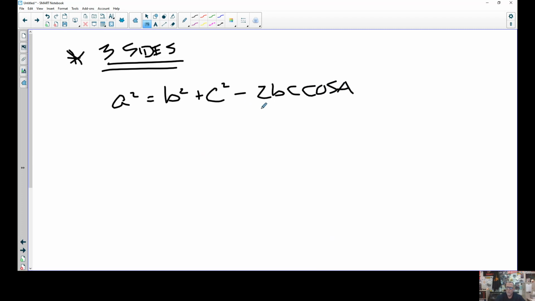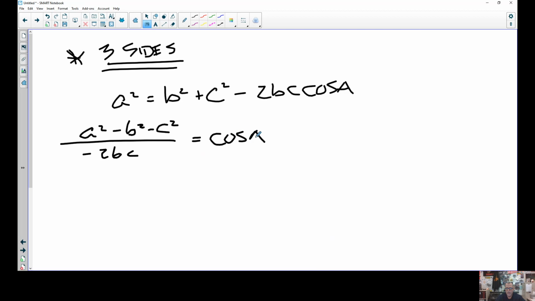All right. When we're solving for an angle, obviously we have to start by solving for an angle. What we would do here is solve for cosine A. So I would do A squared minus B squared minus C squared, right? Subtracting both of these. And then divide by a negative 2BC, and that would give me cosine A. And once I have cosine A, I can take cosine inverse. So I could find A here by doing cosine inverse of